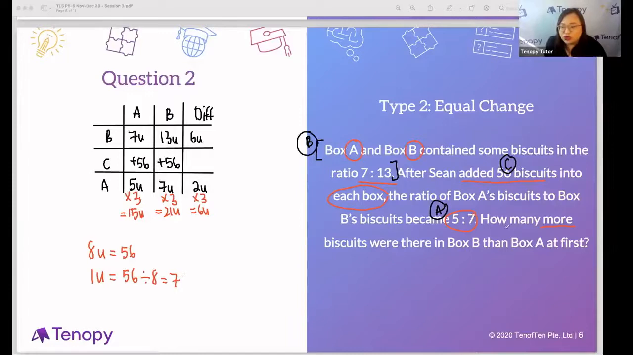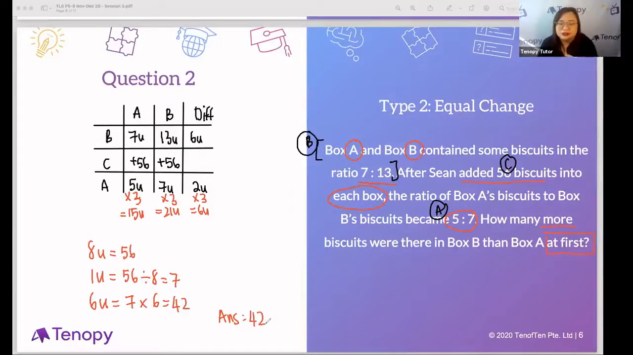Now they want to know how many more biscuits were there in box B than box A at first. So if I want to look for at first, look at my before. So what is the difference between the units of box A and box B? Very good. So 13 minus 7 gives us 6 units. So my final step, 6 units. Oh, sorry. 6 units represent 7 multiplied by 6 to get 42. So my answer,